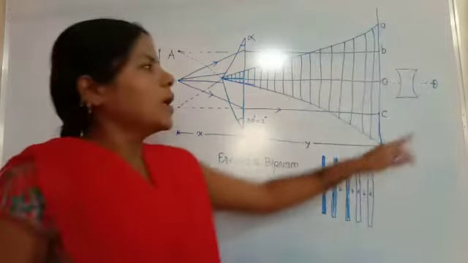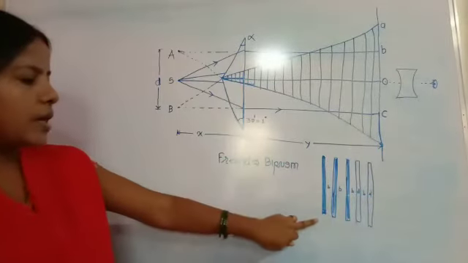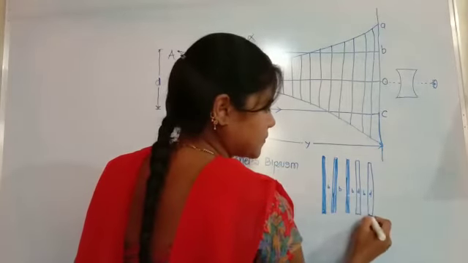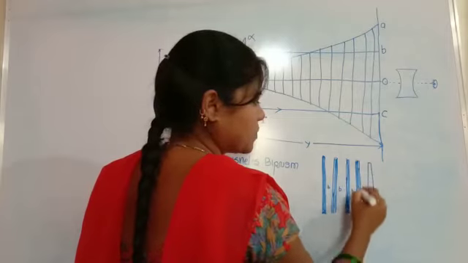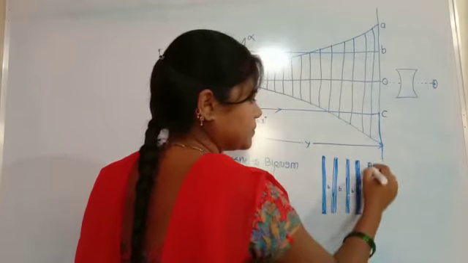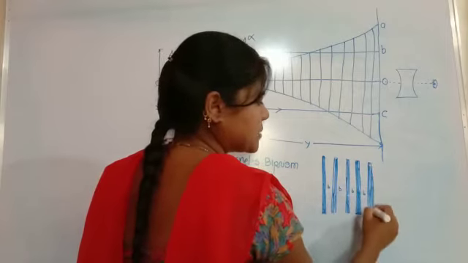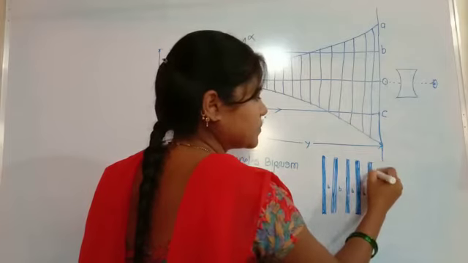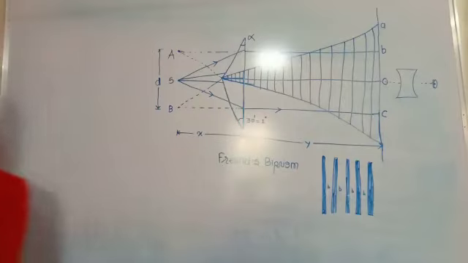Okay. So from here we can observe the fringes of equal width, and we see it like this. Okay. So this is the interference pattern which we observe from the Fresnel biprism, and this is of equal width. Means bright bands and dark bands have the same width. Okay. So this is the interference pattern which we observed.